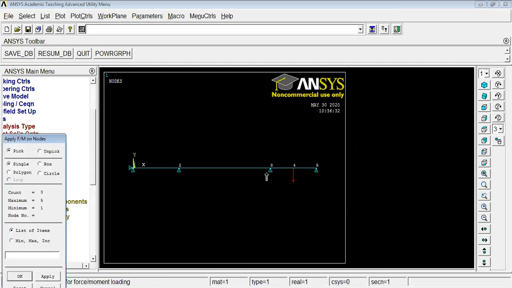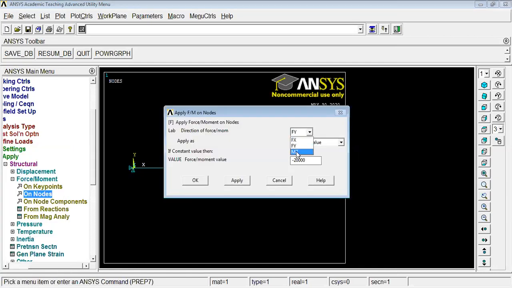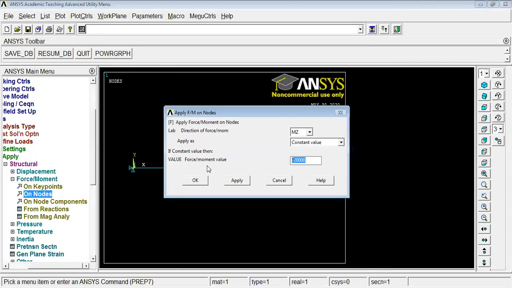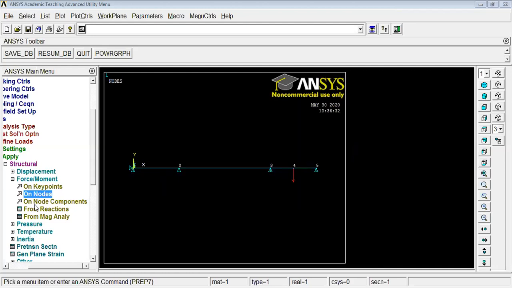And at node number 3, it has a moment of magnitude 100 Newton millimeter. I will just say 100 Newton millimeter, say okay. We will not see this moment, which is shown by a dot here.